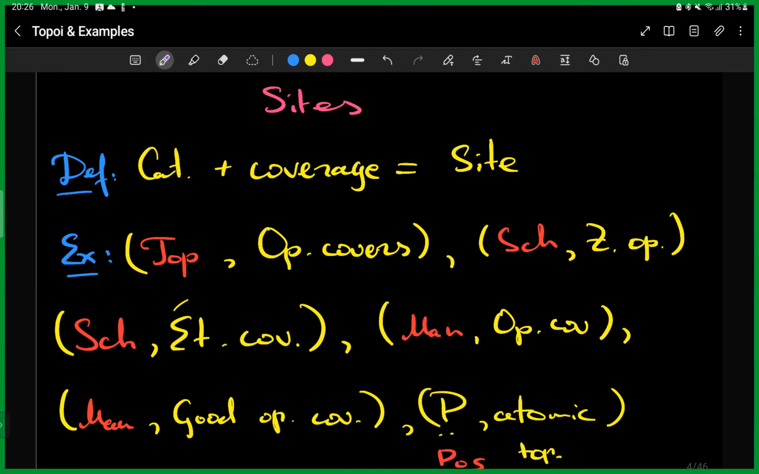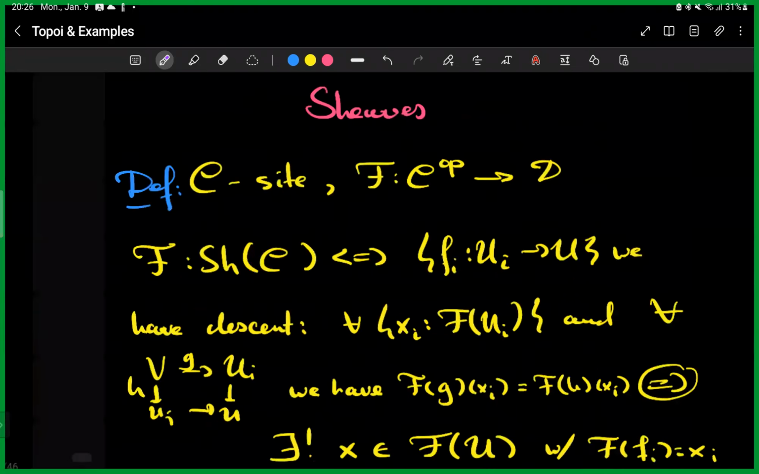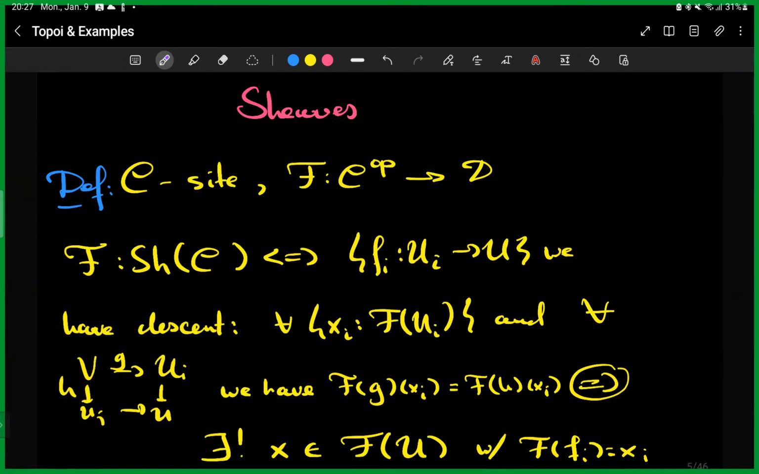So, as you can see, there are many examples of sites. And the notion of a site is generally used to define sheaves. So obviously, for any category, we can define presheaves. But in order to give some restrictive conditions which capture the geometry of this category, we impose an additional condition known as descent condition or sheaf condition, which says that if we have a coverage, well, if we have such a covering family, which belongs to our coverage on this site, then we should have